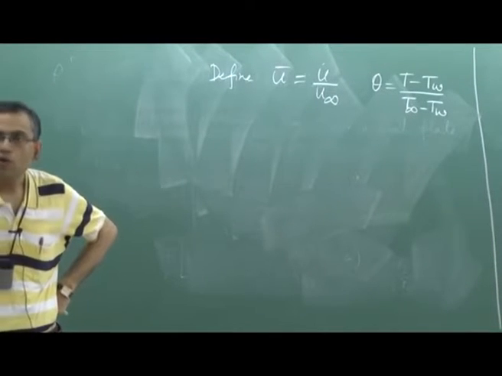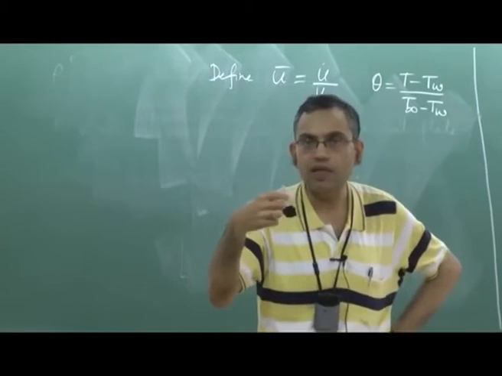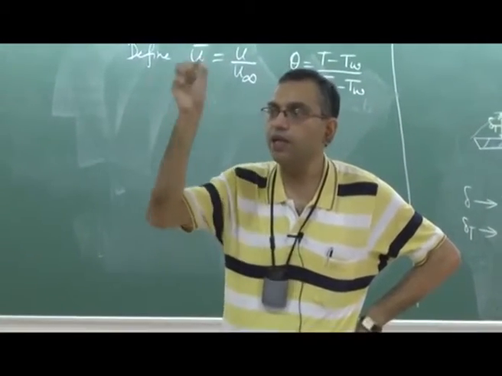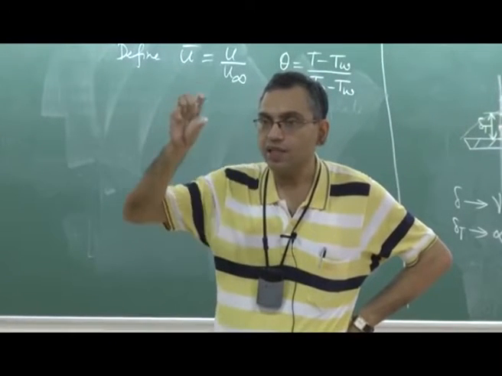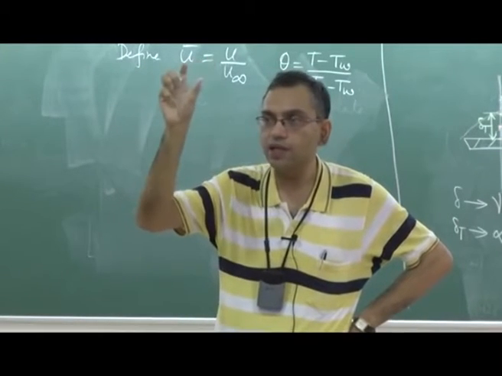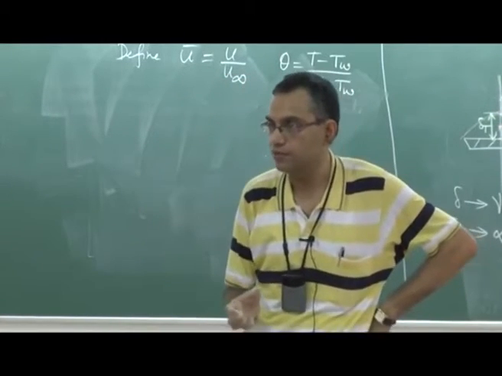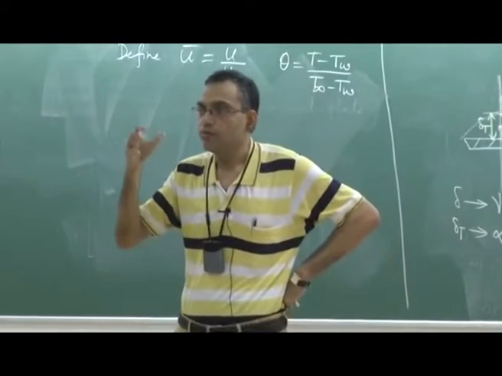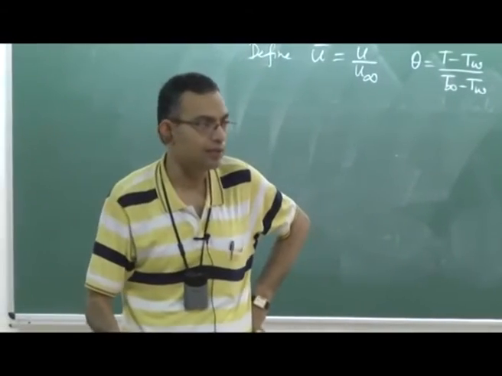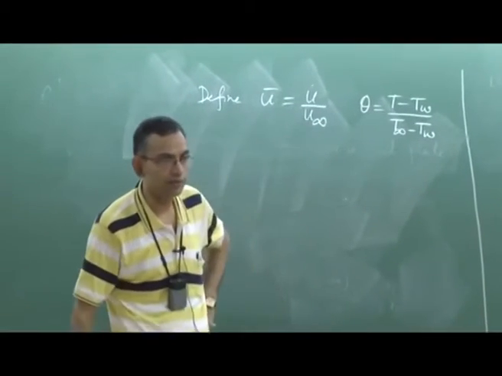Always remember one thing, I mean these are intuitive things, but sometimes we do not give a thought to it. When you define non-dimensional temperature, do not define it as T by T infinity, because it is the temperature difference that drives the heat transfer and not the absolute temperature itself. So non-dimensional temperatures are normally defined based on the ratios of temperature differences and not temperatures. So non-dimensional velocity is U by U infinity, but non-dimensional temperature is not T by T infinity, because it is the difference in temperature that drives the heat transfer.